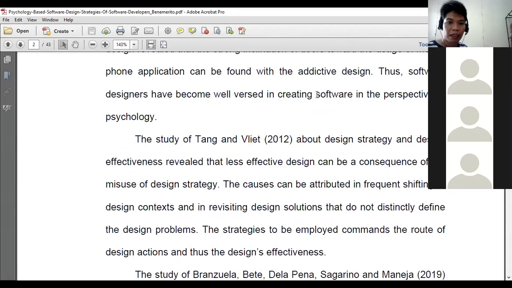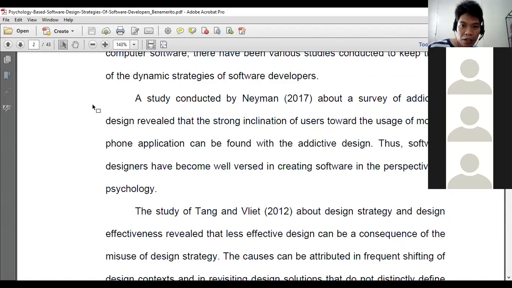Yun lang. Okay, do you have questions, clarifications about our discussion or about your research? Kung meron kayong gusto i-clarify, meron kayong concerns? Wala.